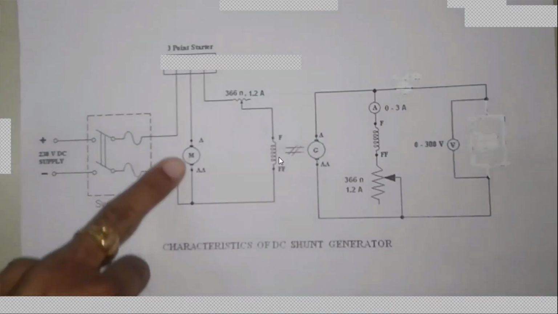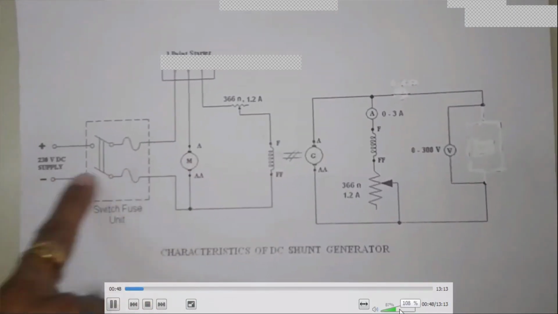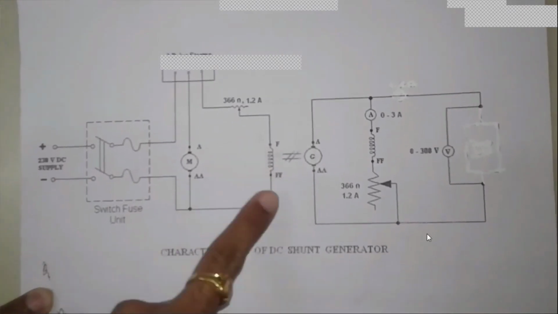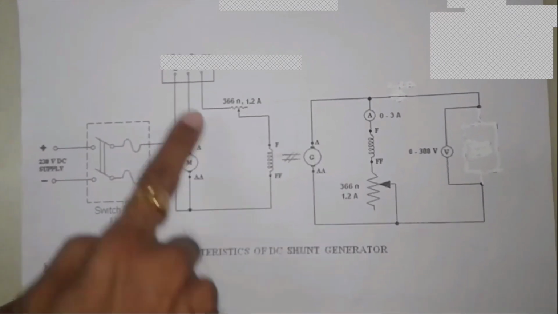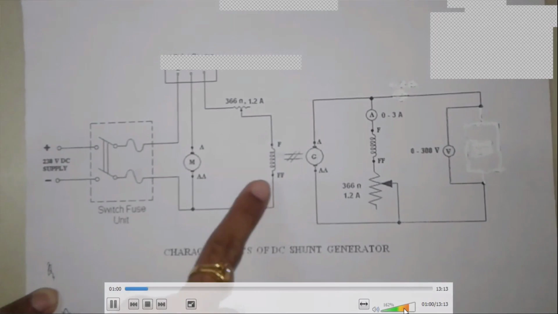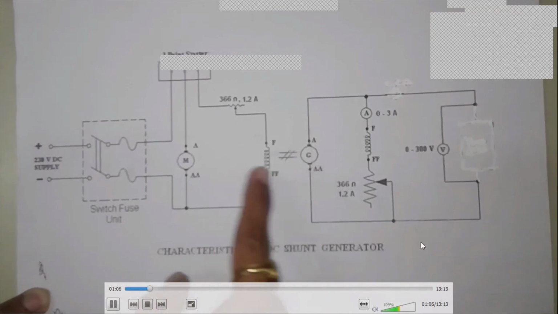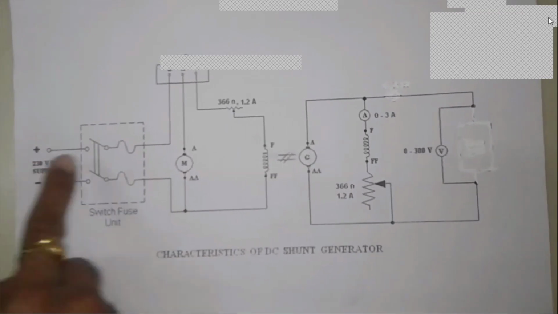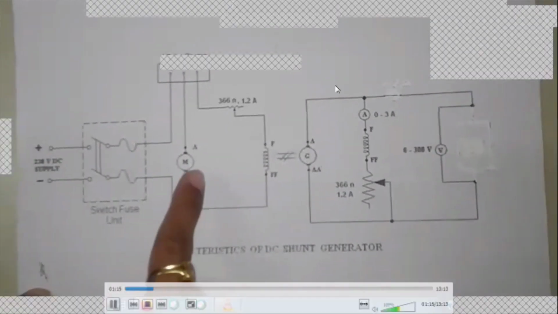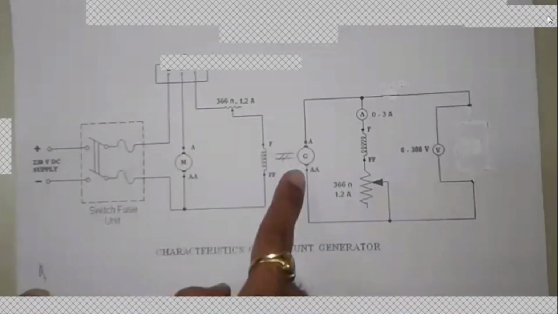So this is the armature of the DC shunt motor, and A is the positive terminal, double A is the negative terminal. It is connected to the negative terminal. This is a field winding. The basic function of this field winding is to vary the speed of the DC shunt motor. So here, by use of this variac, we can change the speed of the DC shunt motor. Now this DC shunt motor is coupled with the DC shunt generator. The electric energy we apply here is converted into mechanical energy by the motor, and this motor will drive the generator.